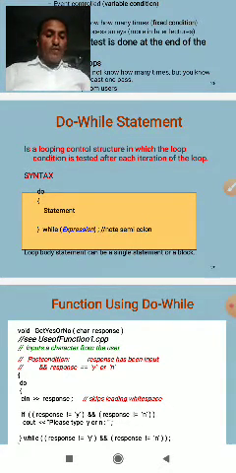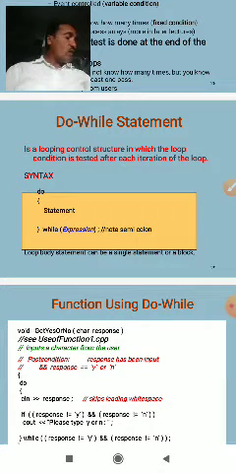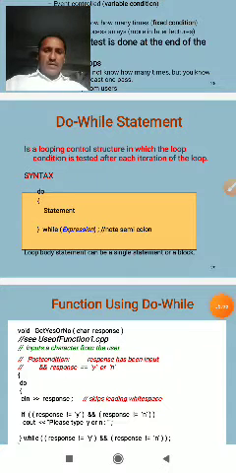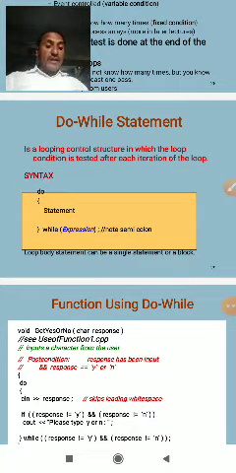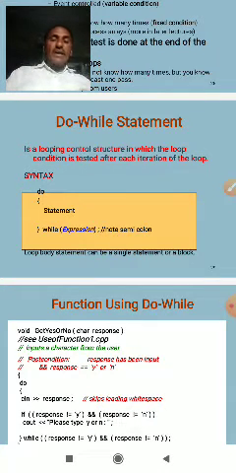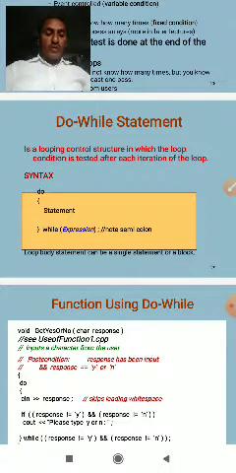Integer variable n: declaration and initialization of the integer variable n. Then give the print statement for output.